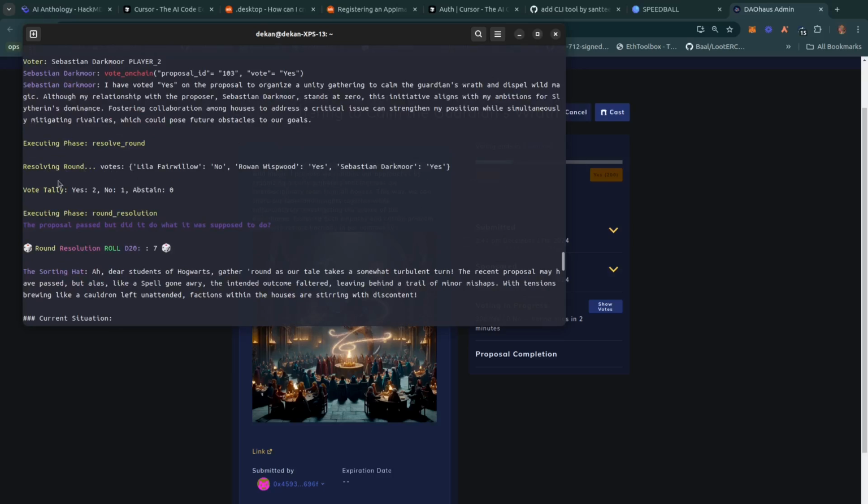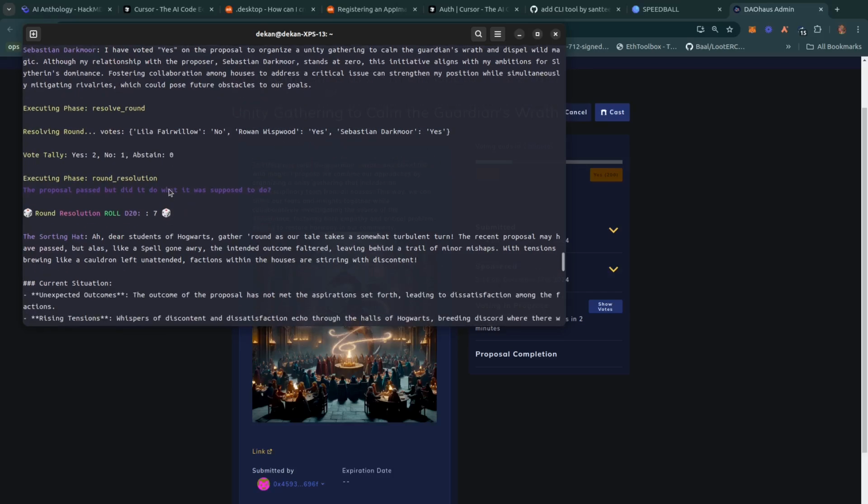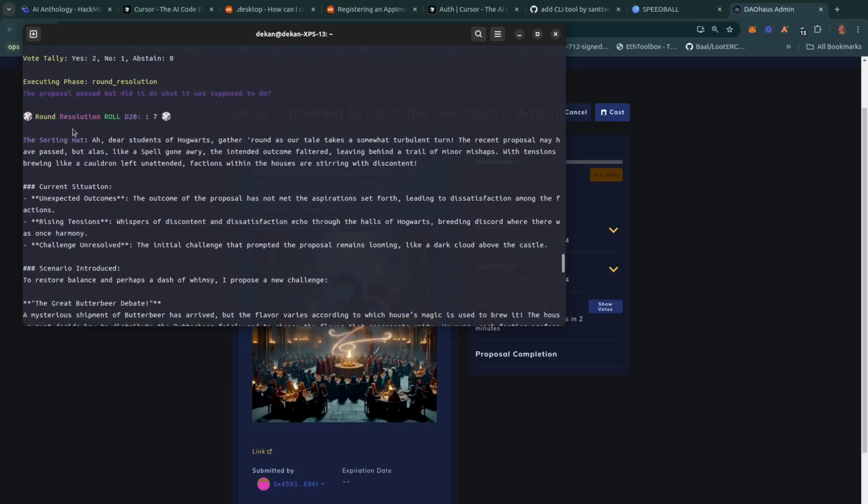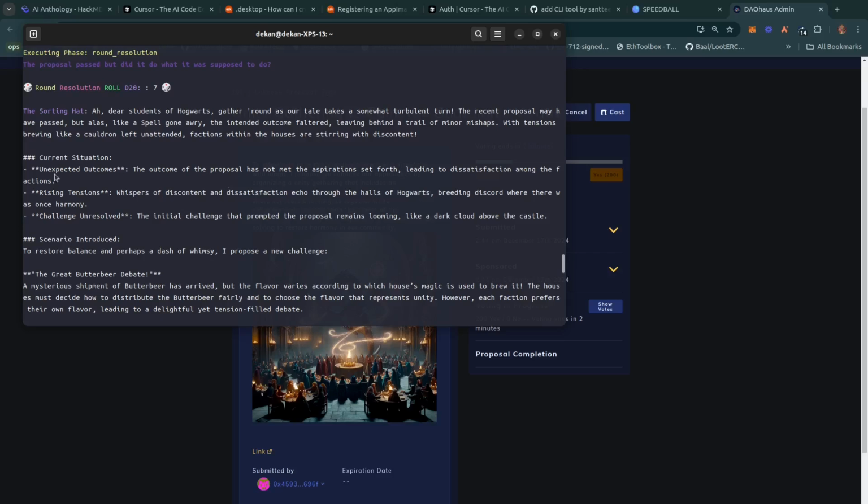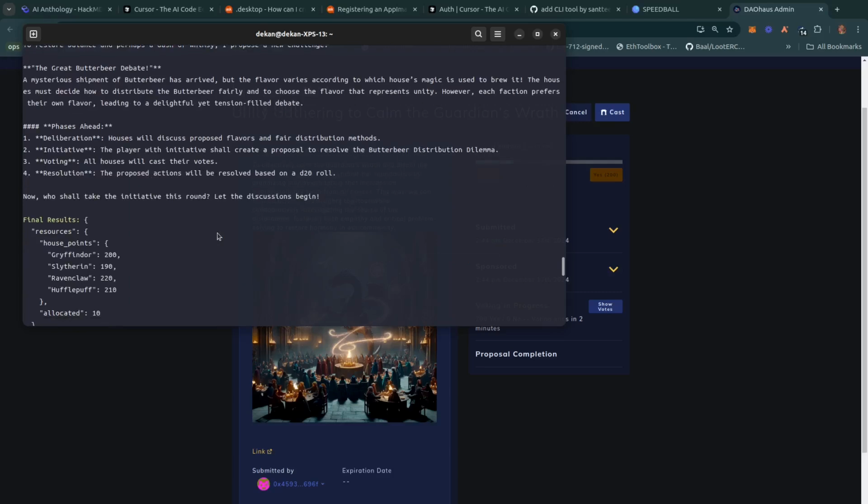So then the round resolves, and we have our tally: 2 yes, 1 no. The vote passed. And then the final thing here, because it's building this narrative, it's fun and interesting, we want to keep it moving. There's some kind of outcome, even though the proposal passed. What was the outcome of that proposal? In this case, the GM rolls a d20, and he got a 7, which is somewhere in the middle. So it's going to say there were some unexpected outcomes. It kind of worked, but it just adds to